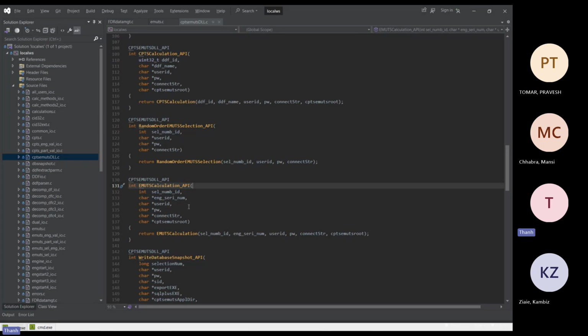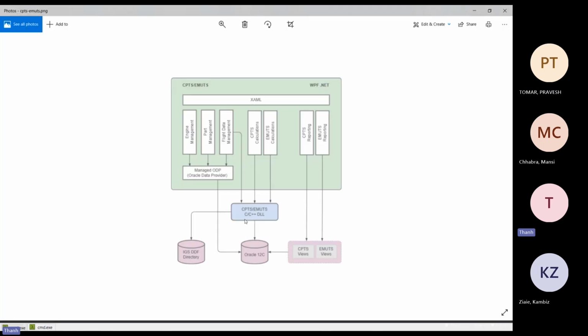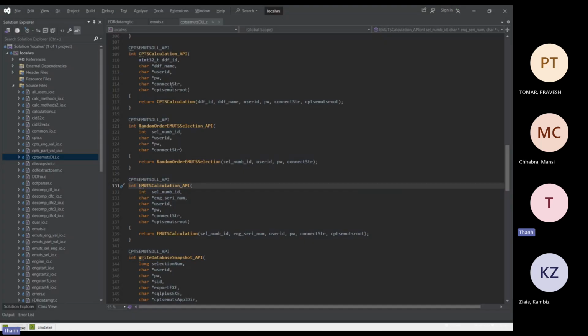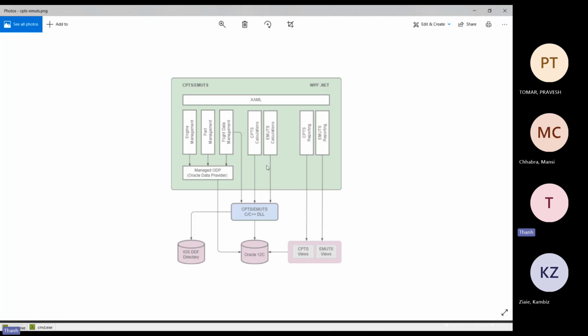These APIs do calculations based on the DDF that we receive from Textron, and then they store these calculations in Oracle views, CPTS views, and EMUTS views. This one will read the DDF from file and then store it into a blob that maybe I can show you